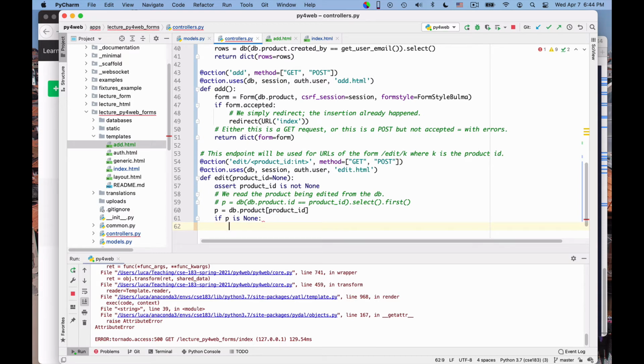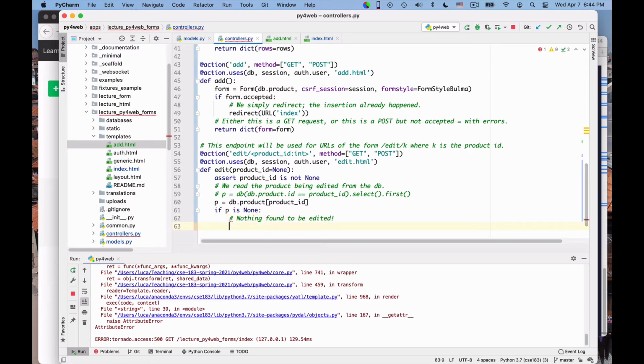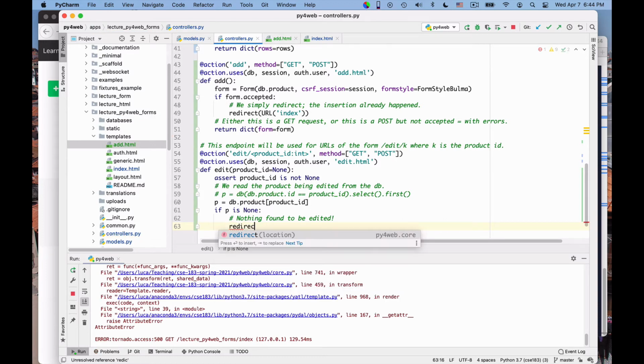You may wonder, hey, how can it be? We built the link on purpose. How can it be that the product is not in the database? Well, people could have forged the link. You can never trust the information that comes from the browser. So if P is none, nothing found to be edited, you can write, and you do redirect to the URL that is the index, for example, right?